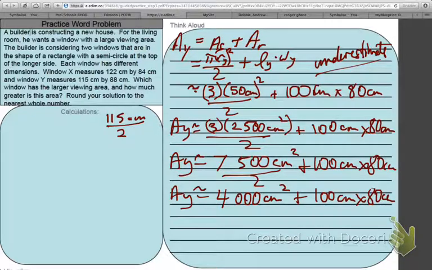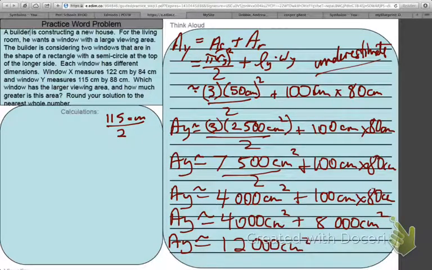But let's do the next part here. We'll leave the 4,000 as it is, and we'll do the area, which is 8 times 1, which is 8, and then add the zeros. So 8,000 centimeters squared. That means the approximate area of window Y is about 12,000